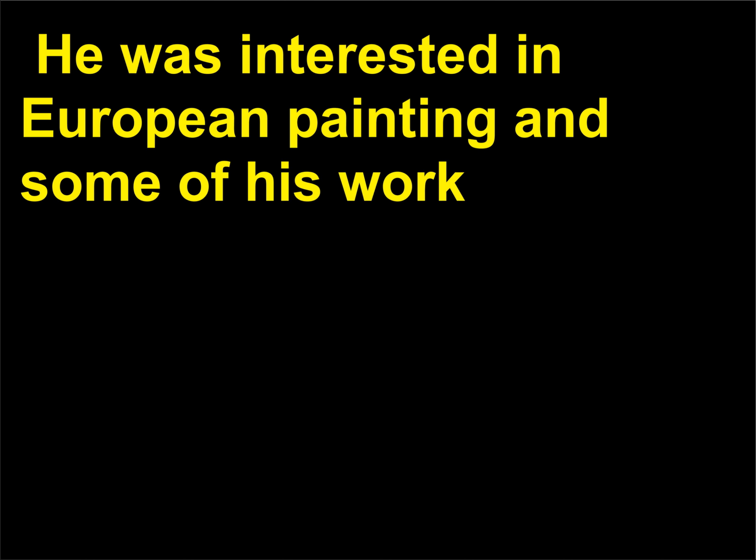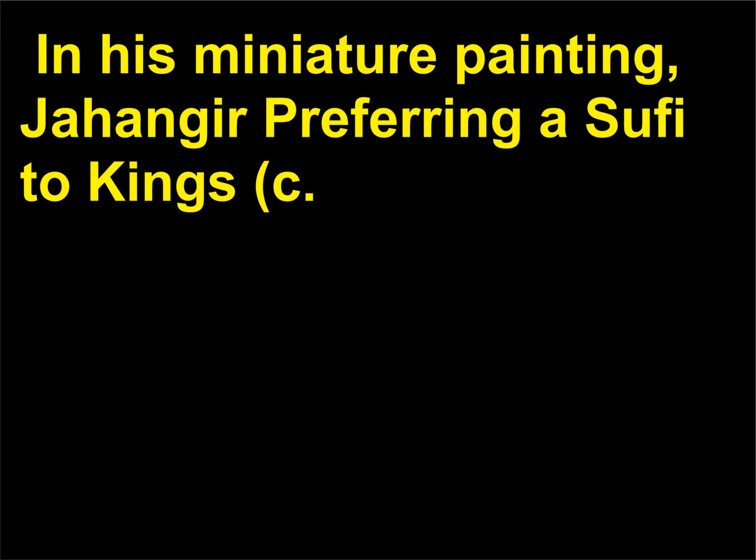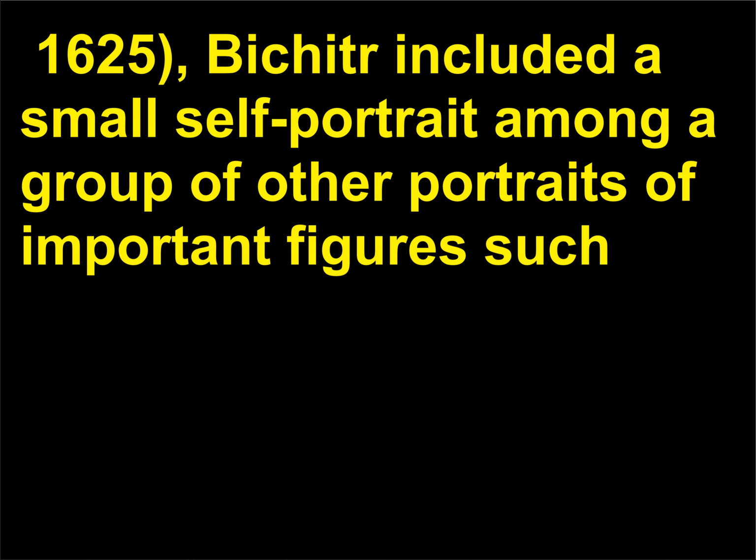He was interested in European painting, and some of his work blends Indian landscapes with European perspective techniques. In his miniature painting, Jahangir Preferring a Sufi to Kings, c. 1625, Bichitr included a small self-portrait among a group of other portraits of important figures such